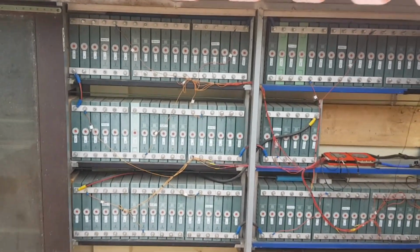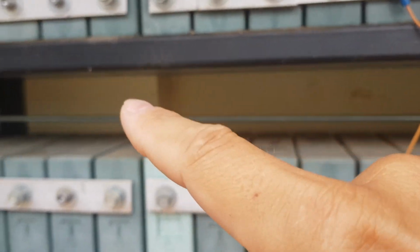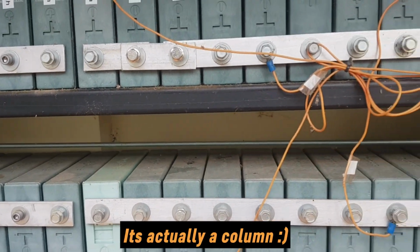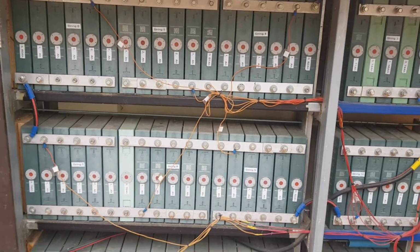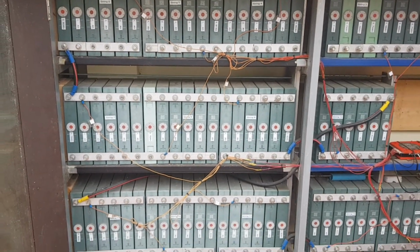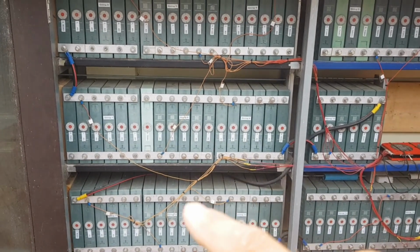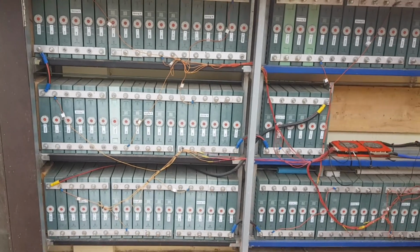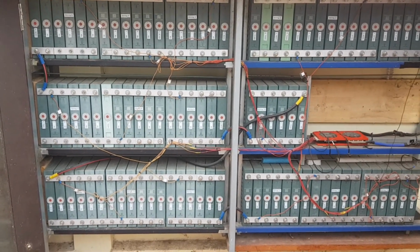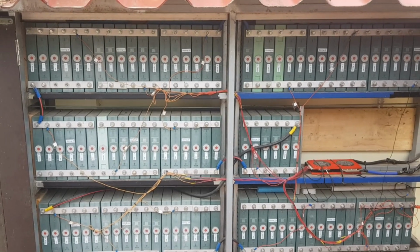I was initially concerned to use this compartment because we have the beam here and the battery needs to go just until the wall there. So I was afraid that it would not fit here, the second pack, into this one compartment, but it is just fitting here into this area, almost by the millimeter. So yeah, once the batteries are in,